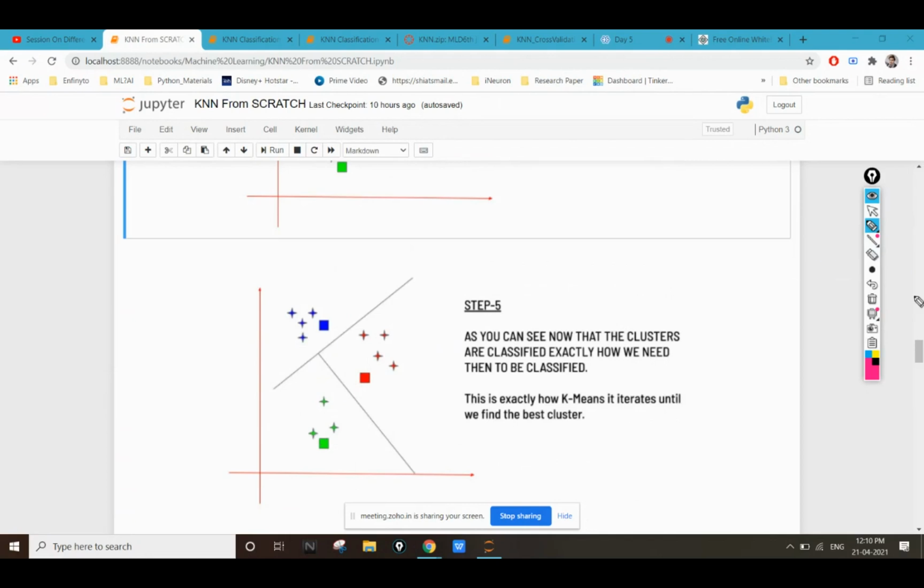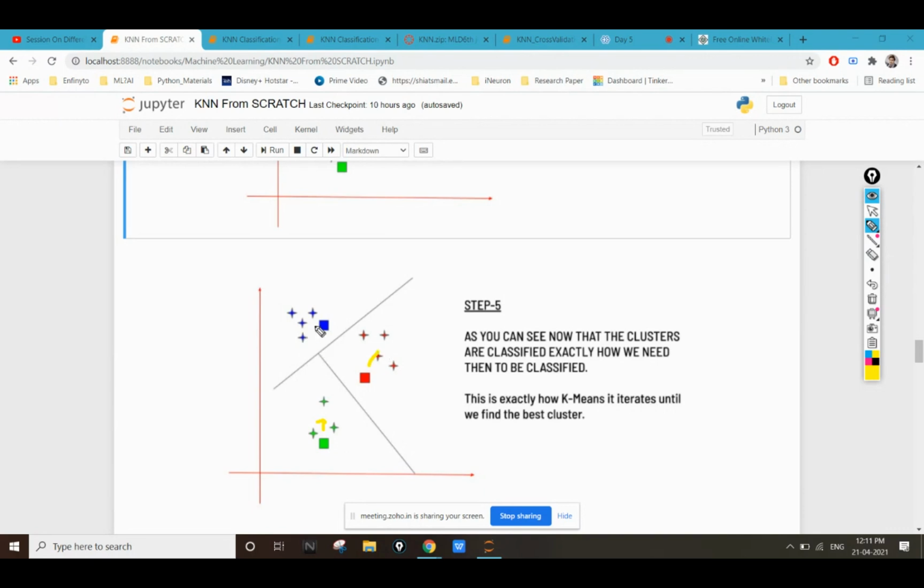Now, if we again move our centroids from this particular position, let's suppose I move this green point to this particular position in the center, and I move this red point to this particular position in the center.